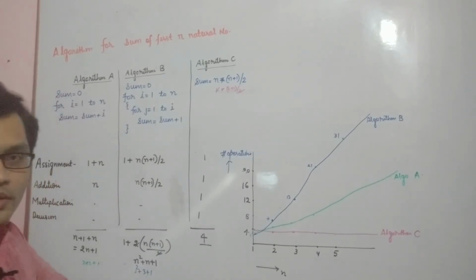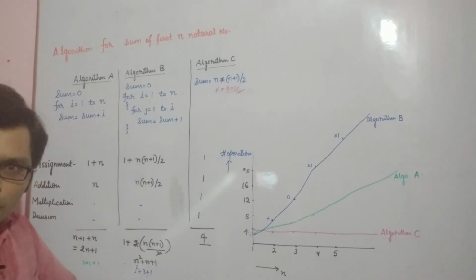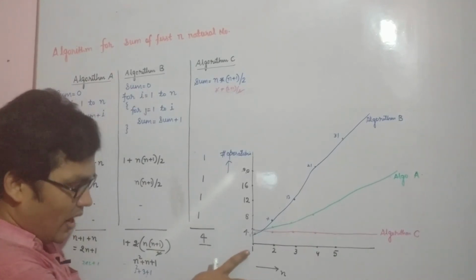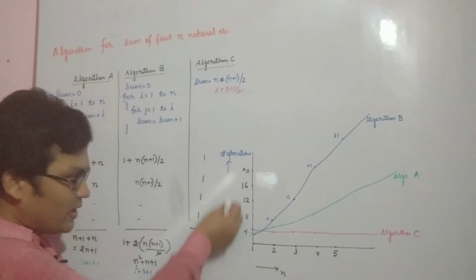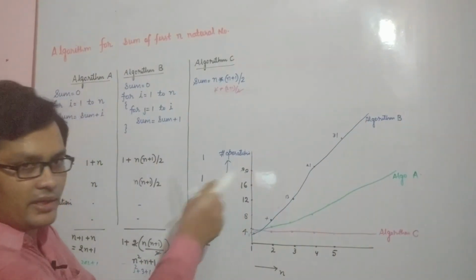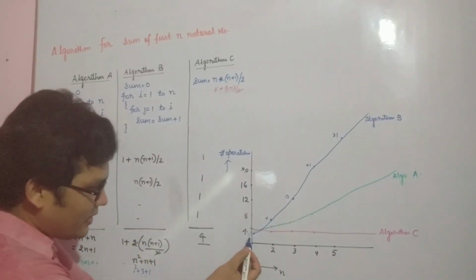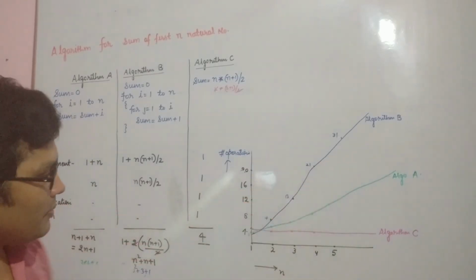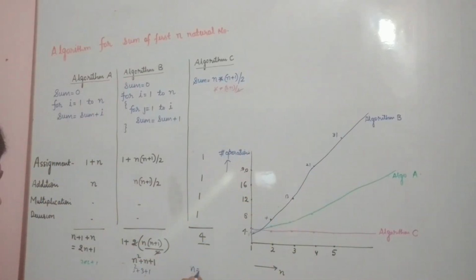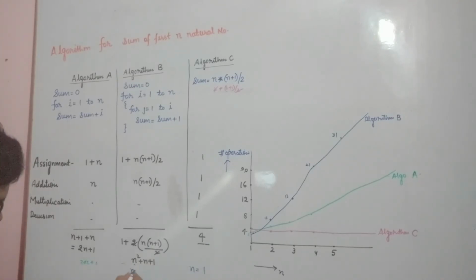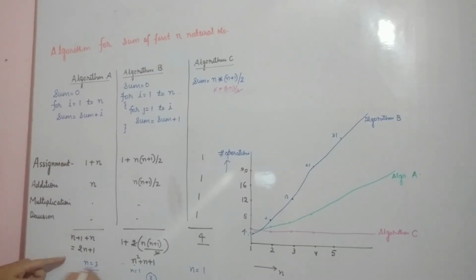So in the next video we will discuss asymptotic notation. उसमें हम लोग डिस्कस करेंगे graph between the number of inputs and rate of growth, in rate of growth time taken, right? तो that's will be very easy and we will see also कि जैसे देखिए यहाँ पे algorithm A और B में हमने क्या देखा कि n is equal to 1 पे आउटपुट कितना आ रहा है, 1 plus 1 plus 1, this is 3. If n is equal to 1 then number of operations is equal to 1 plus 1 plus 1, 3. If n is equal to 1, number of operations is equal to 3 again, right?